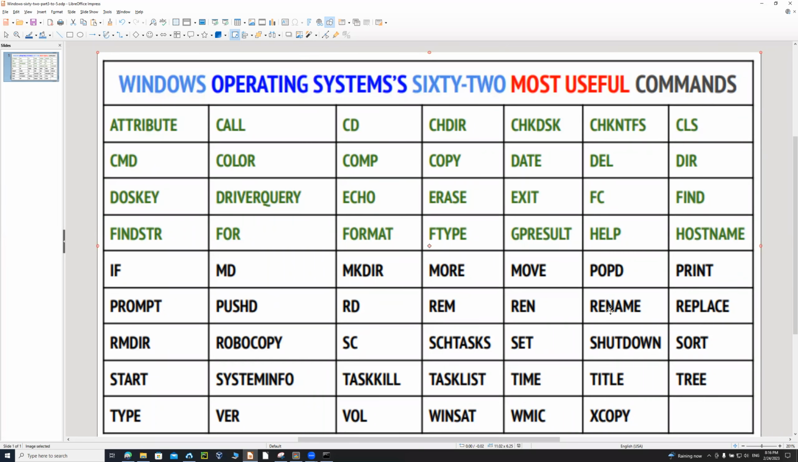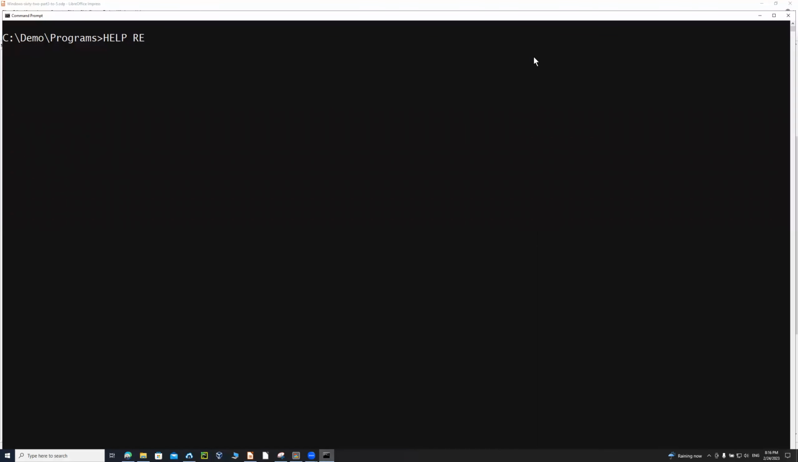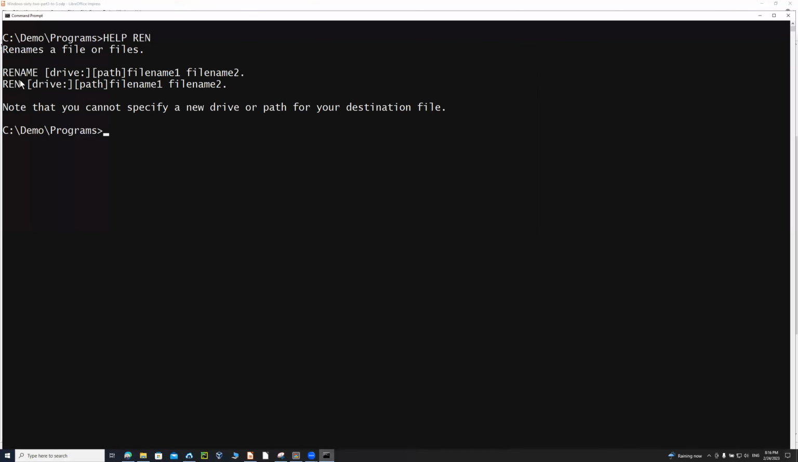Remove directory, rename. Ren and rename are the same command. So the short version, help ren, is just a shorter version, and the longer version is rename. So if I just say directory and then create this file called test.txt, and now I say rename